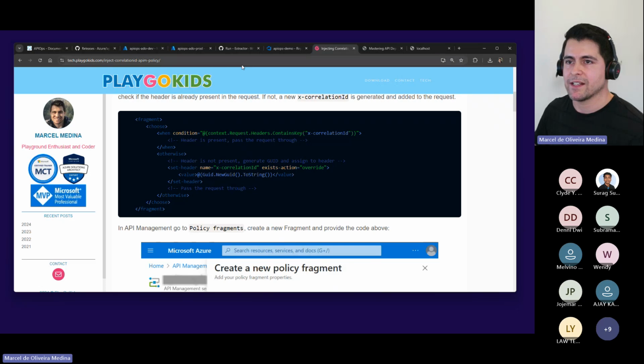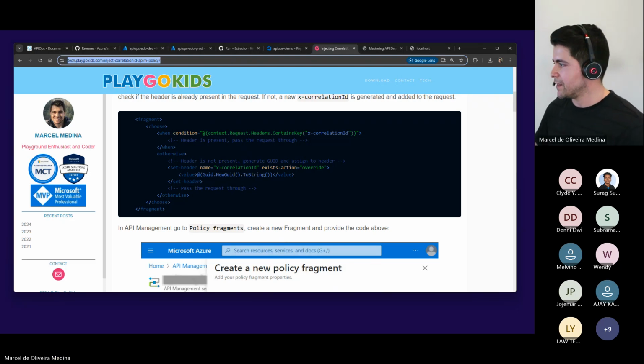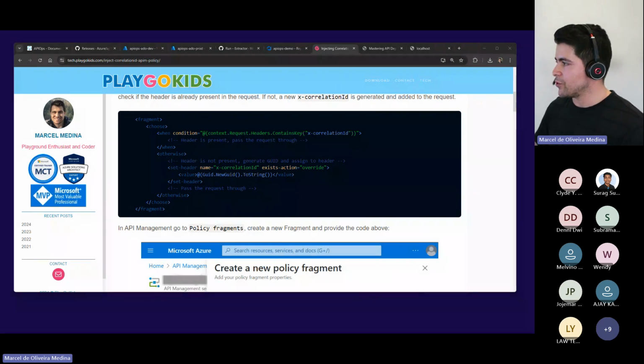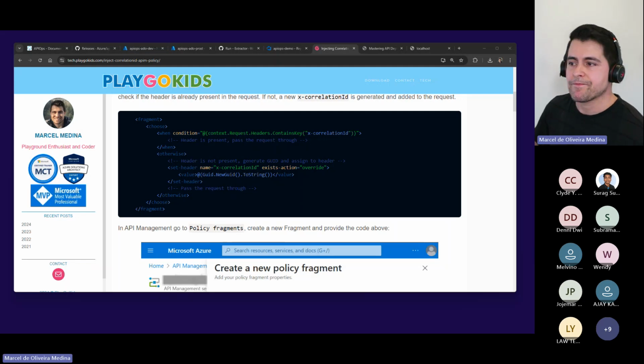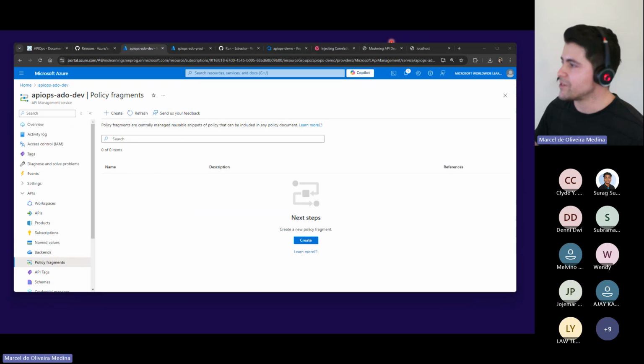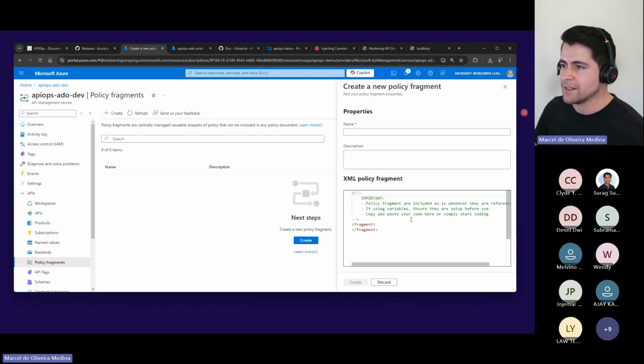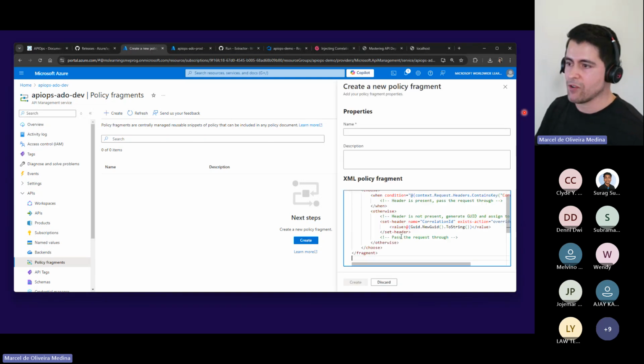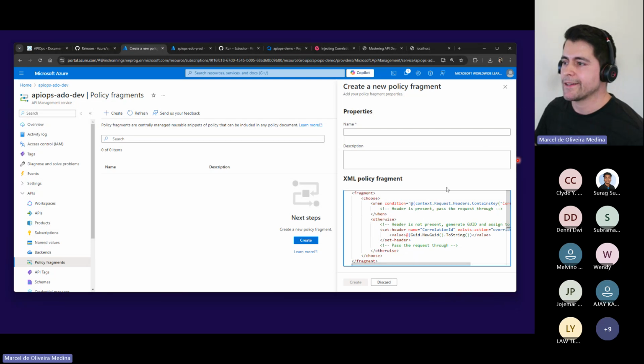I have created an article some time ago showing how you could do that. I'm just putting it on the chat. But what I want to do is have this ready fragment where I can simply hook that to my policy, and that's going to resolve my request.